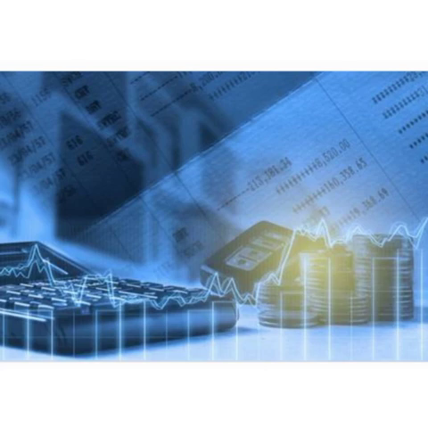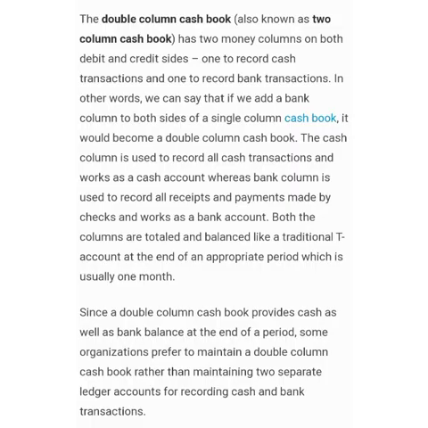The special feature of this book is bank column. The bank column at the debit side records those transactions which increase our bank balance. Bank as an asset increases with deposits and interest allowed on our deposits, and thus they are posted at the debit side. In this way, bank column at the debit side of the double column cash book records deposits of cash and checks into the bank and interest credited by bank.